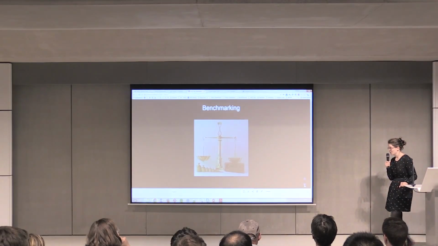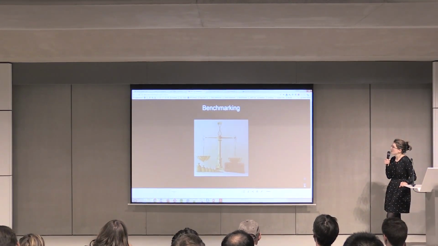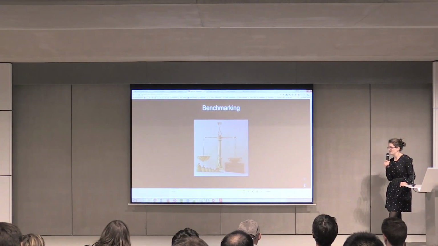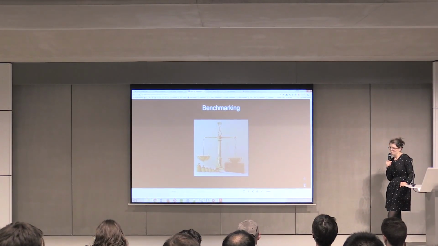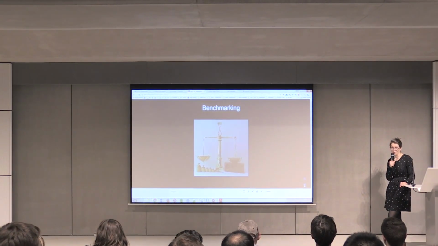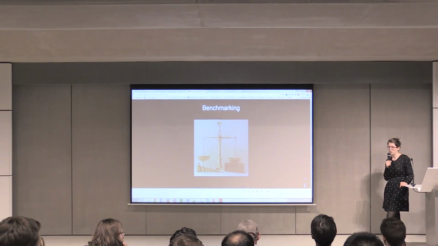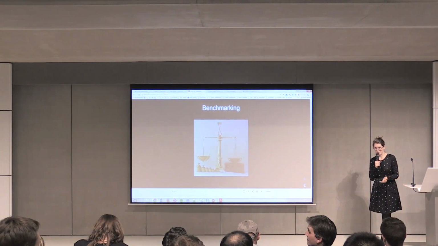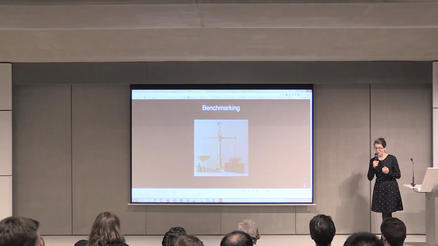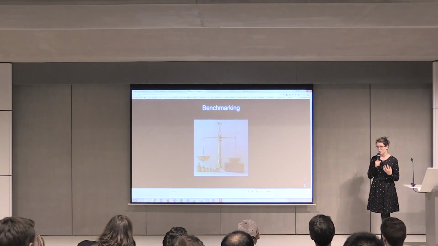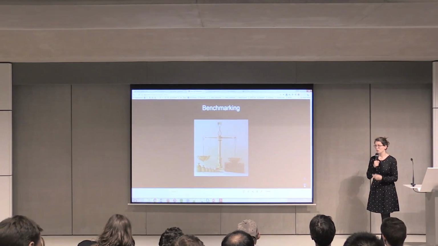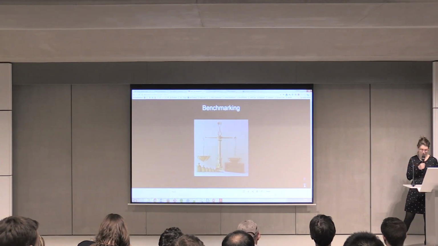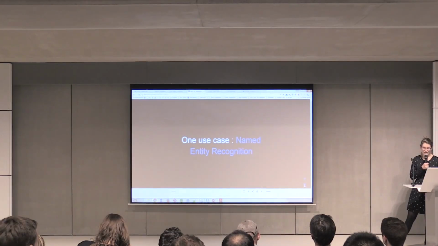The other thing, as I told you before, is that this data is described with URIs, so identifiers. So you can link it to other datasets which are basically talking about the same things. So if you want to compare our geographical data to the National Geographic Institution data in France, you can do a benchmarking. You can measure your own data and its accuracy by comparing it to other datasets which are talking about the same things. So that's really convenient, I think, if you want to do that.